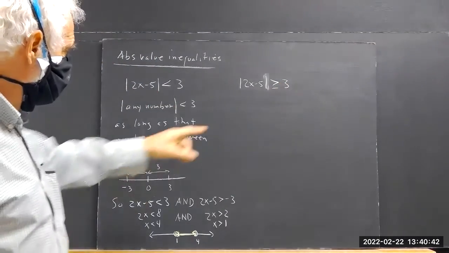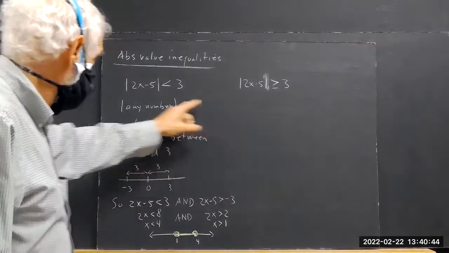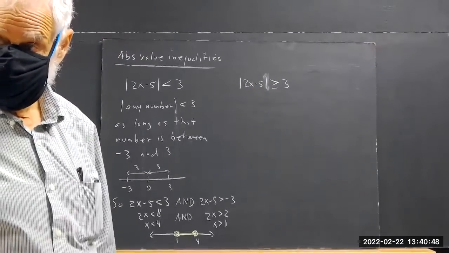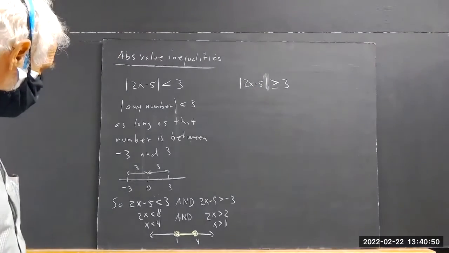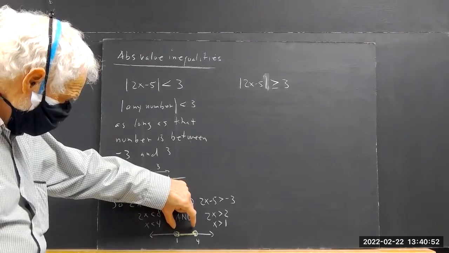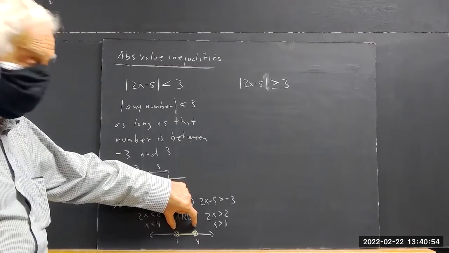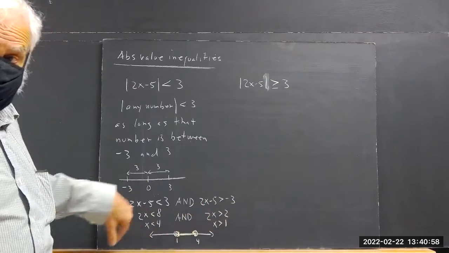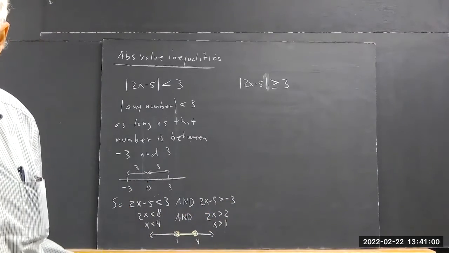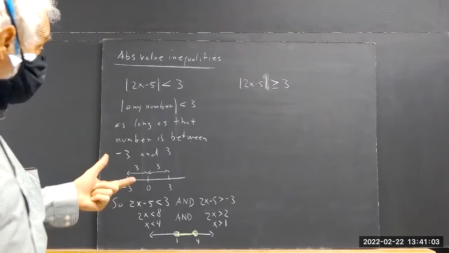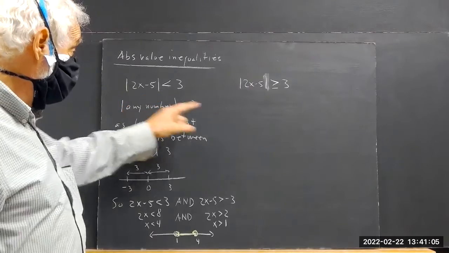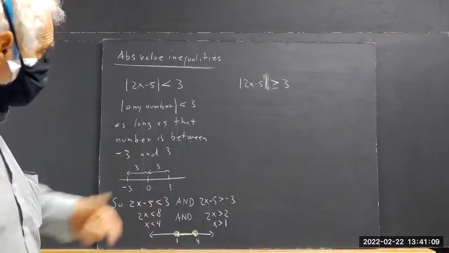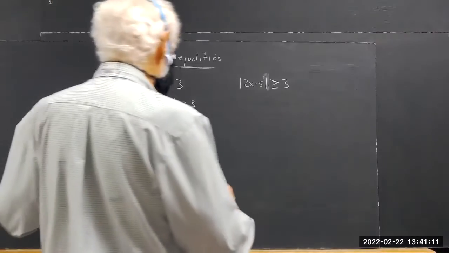Okay. So how about the absolute value inequality, same expression, but greater than or equal to 3? Well, first of all, you can see that right here's all the values of x that make this thing less than 3. So I guess all other values of x better make it greater than or equal to 3, right? Because it's either one or the other. This thing's either less than 3 or it's greater than or equal to 3. So you kind of store that away. But what you have to do here is